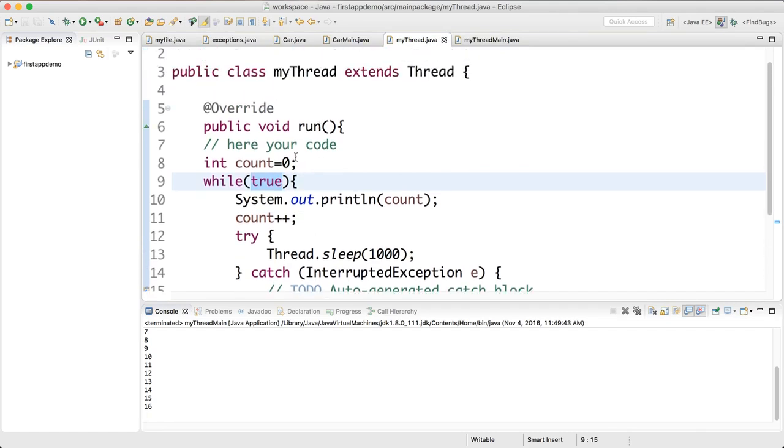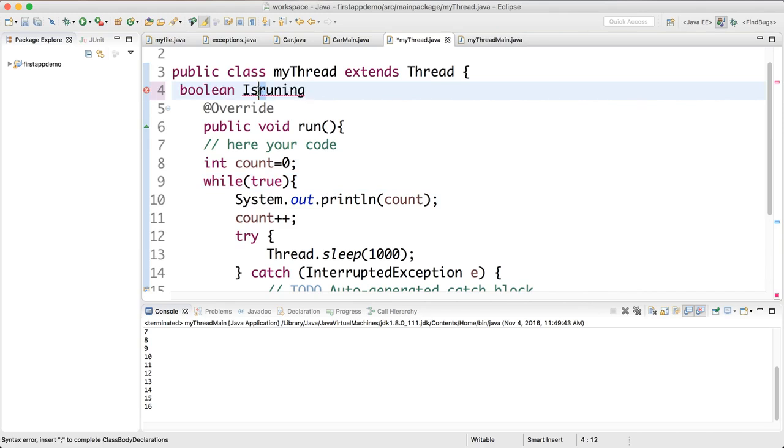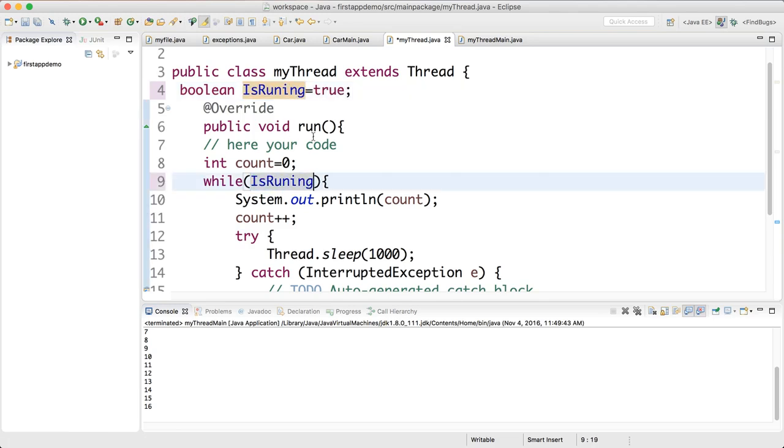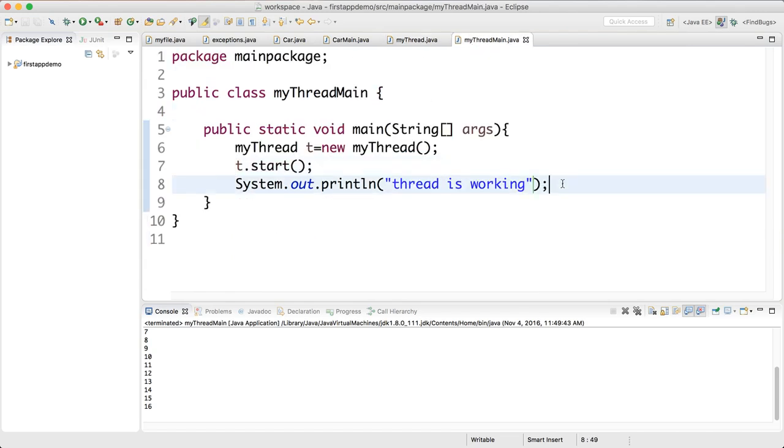Java deprecated thread.stop. They had thread.stop to stop a thread, but now they removed it. You could manage it this way. So you say boolean isRunning, and you could give it, for example, a true. For the first time, you allow the thread to run. So when the thread starts, that's okay. And when you want to stop this one, just type